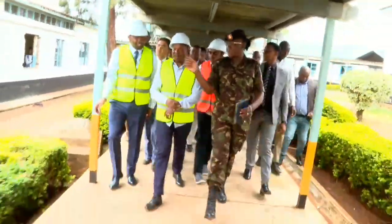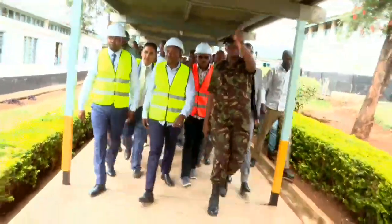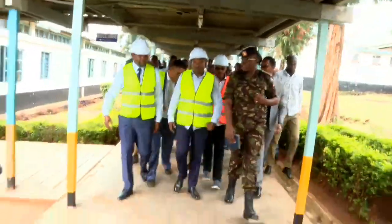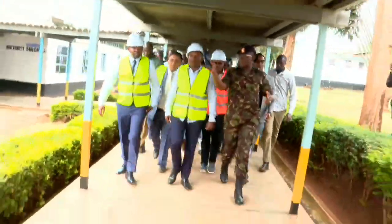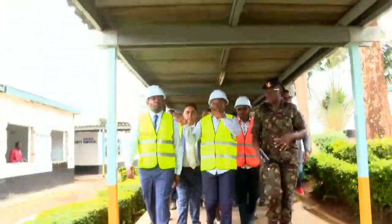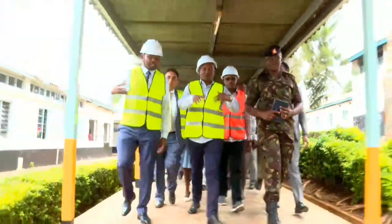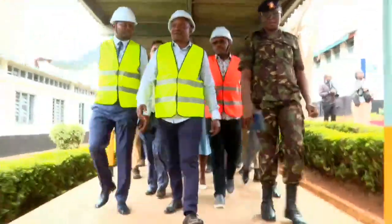That's allowed. Yeah. We've done makeshift structures, and yes, for the time being, before we do our block. That's why the project did